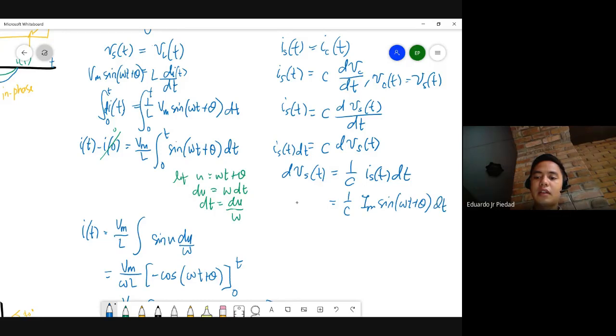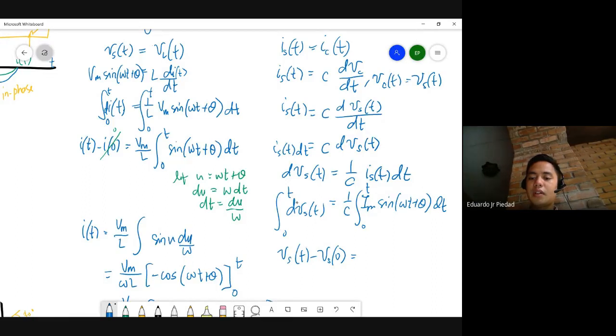Then we take the integral from 0 to t, so we have Vs of t minus Vs of 0 equal to